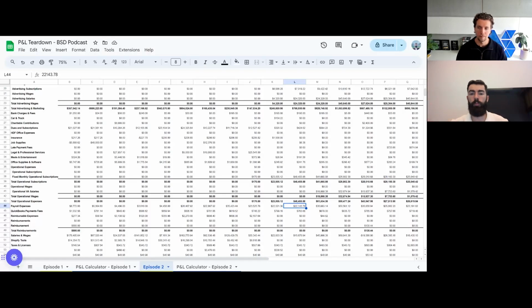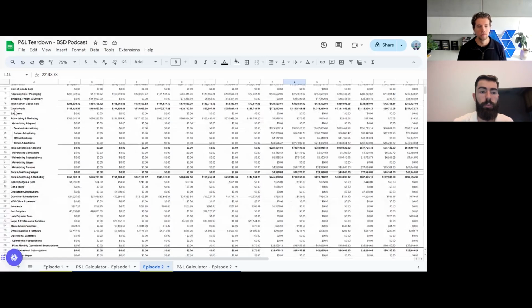You can export the P&L out of your accounting system, import it into Google Sheets, and then create whatever manipulations you want. But if you start messing around with, for example, again, here with advertising and marketing, they're bundling both direct and indirect marketing into one account, which I don't believe is correct. Because again, these expenses do not drive marketing directly. So saying that,